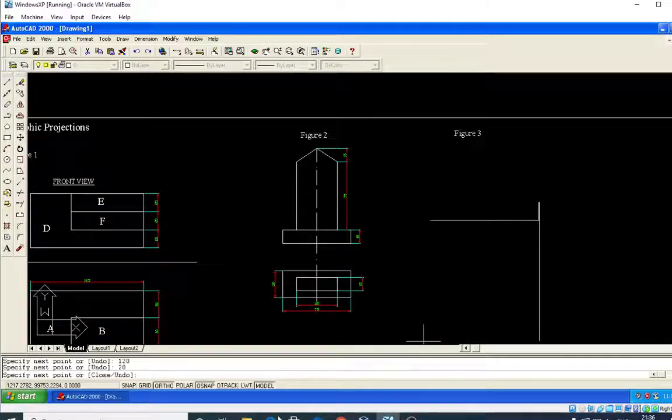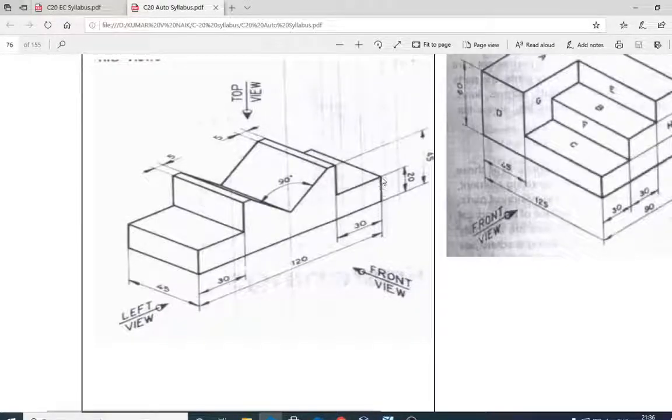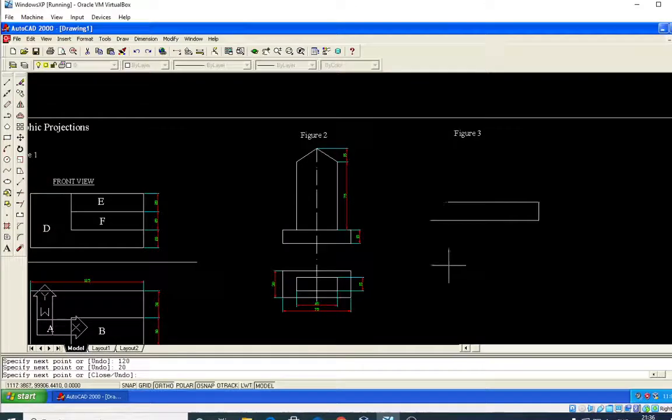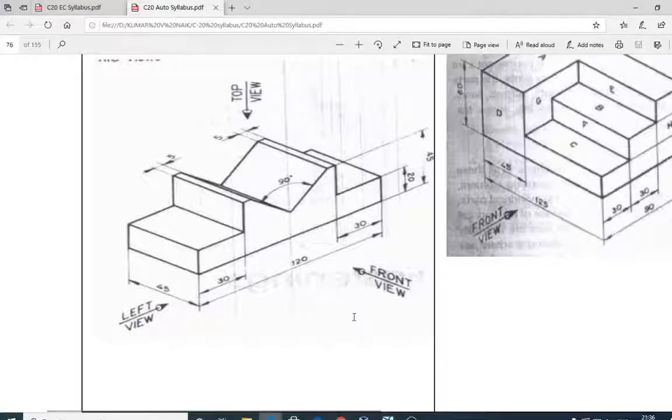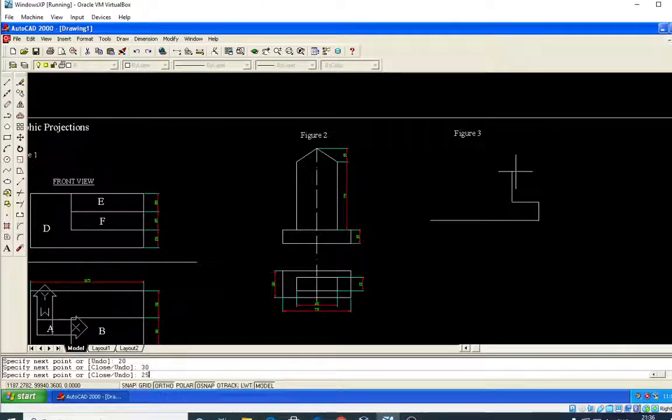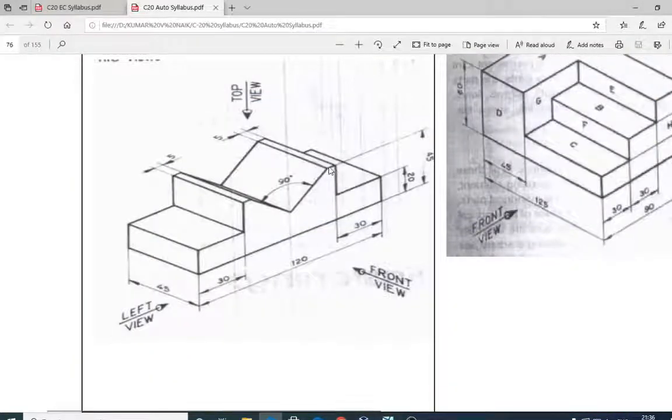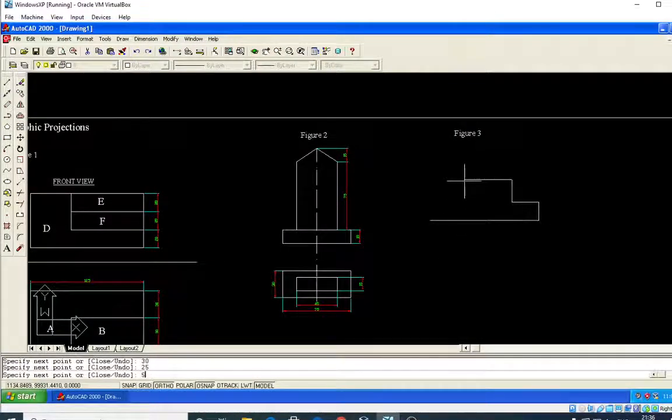Okay, and afterwards from here to here is 20, from here to here it is 30 mm. I have to take 30 mm, enter, and afterwards from here to here the total height is 45, whereas from this point to this point is 20, means 45 minus 20 will give you a height of 25. This line height is 25, so this line is 25 mm. Okay, afterwards, from this point to this point is 5 mm to the left. So 5 mm to the left is ready.